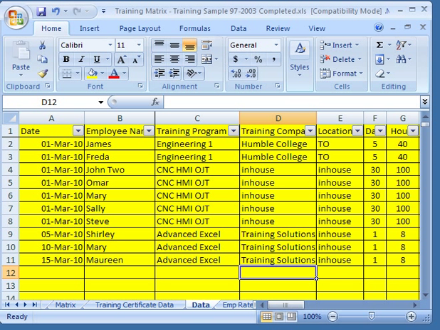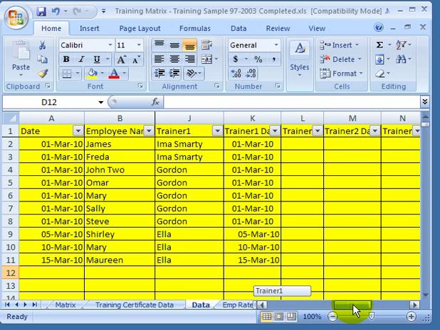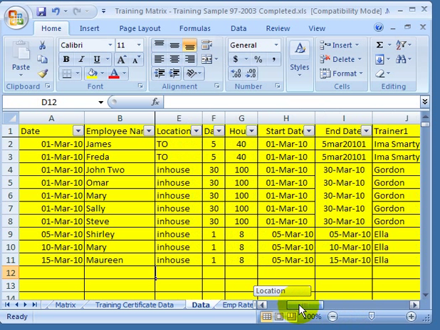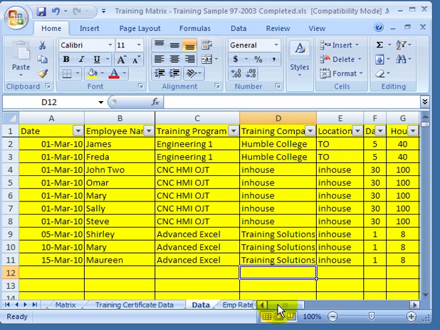To save us time, I've entered all of the data in the spreadsheet and entered the data as if all of the programs were complete. Now, there are some advantages which I'll show you of entering this at the beginning of the program, but I will get back to that in a minute. Once the data is entered,